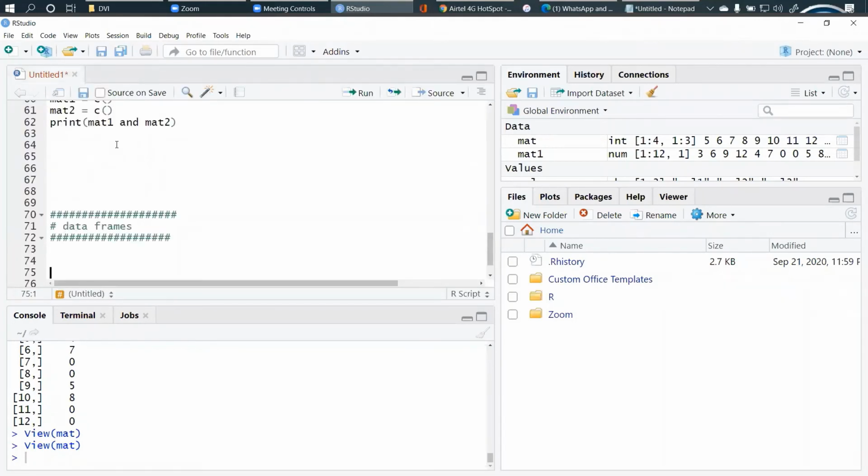So a matrix can contain one type of data, right? Whereas a data frame can contain different data types, such as numeric, character, and factor, together bunched up in a single data frame, right? Some of the properties of data frames are that the column name should not be empty. As we saw in the table, there were V1, V2, and V3. Those names must not be empty.